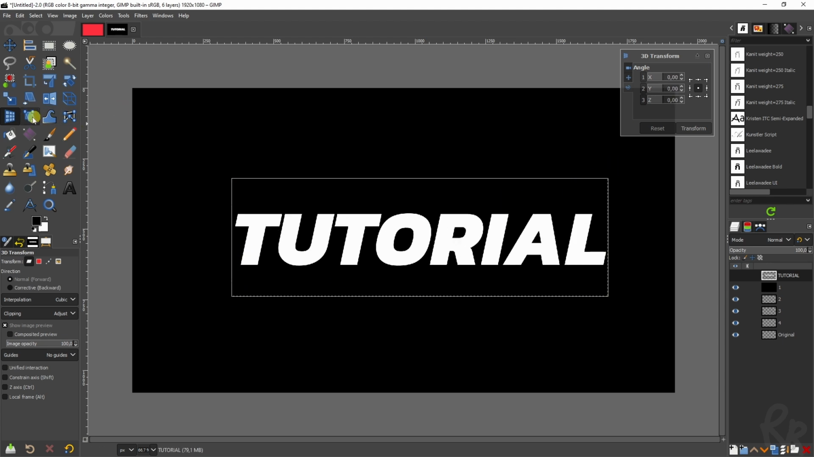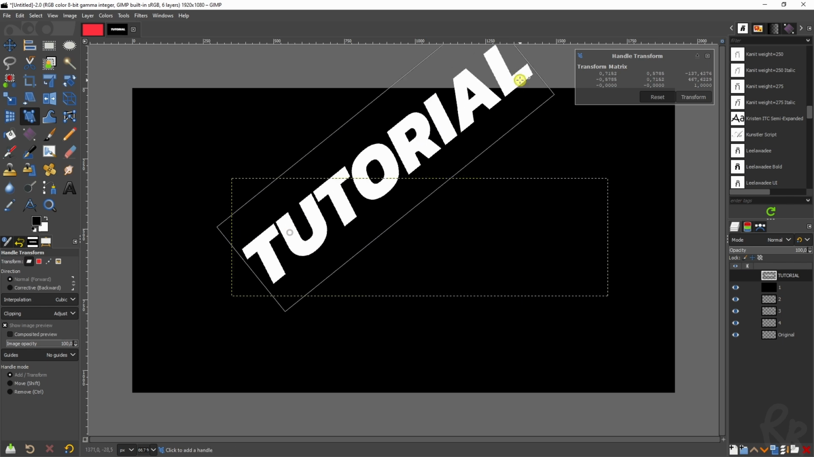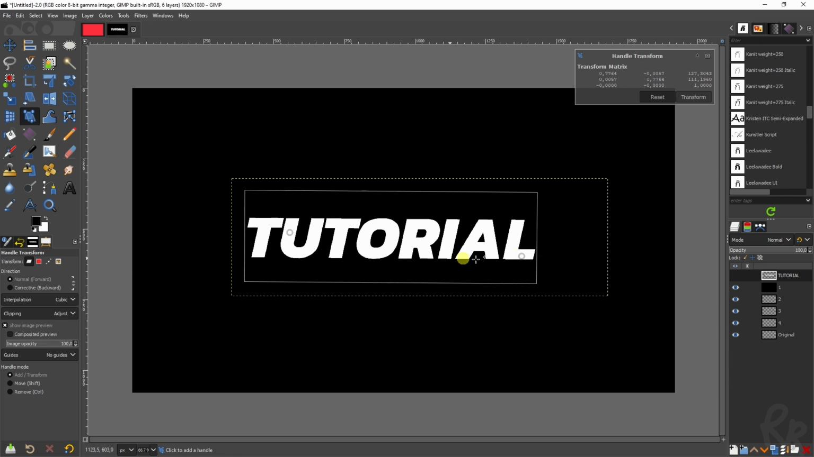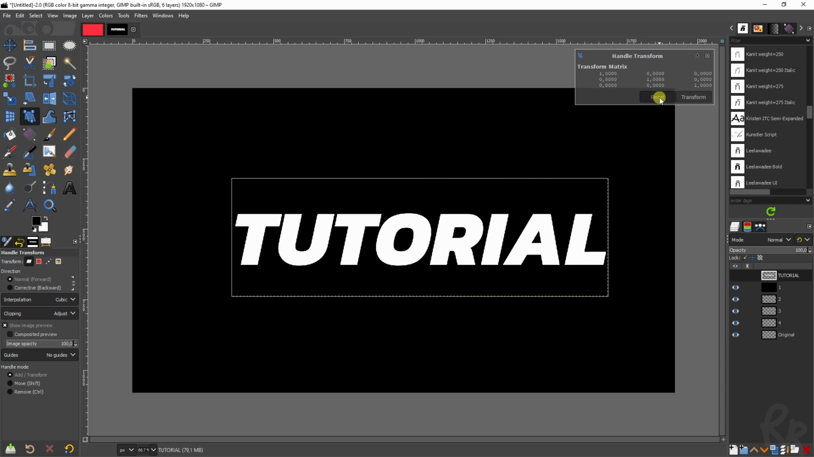Right, reset again. And then we've got the handle transform tool, which will allow us to just click inside the image. And then if I hold the end of the image and I move it around, it means that this is basically the pivot point, and then this is the point from where it will be edited. Okay, reset. Then we've got some other effects, but I won't go into those in this tutorial